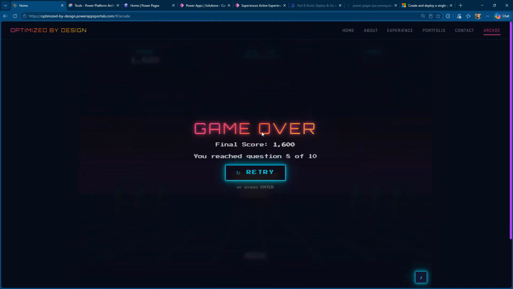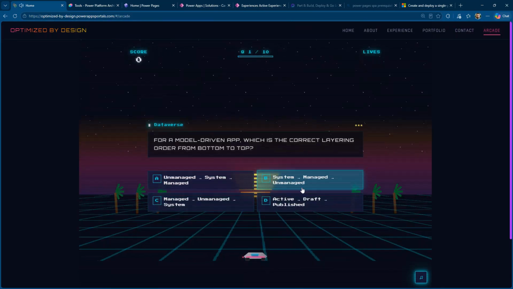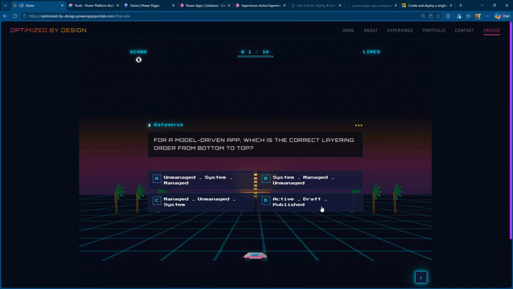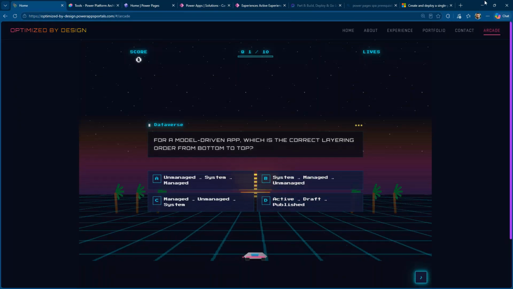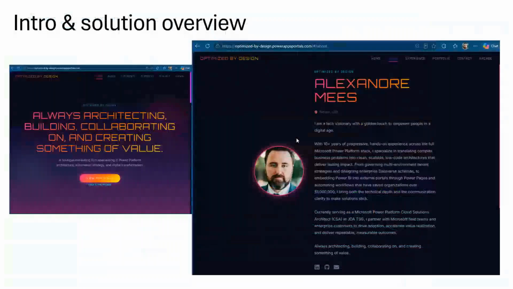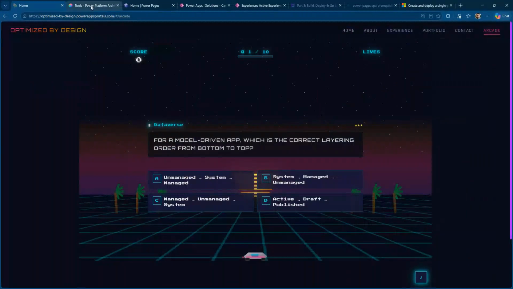So I got game over, actually. I've never seen that screen, but you can retry it and start from the beginning. But you would get a screen if you want to try it. You can see the game winning screen. So now, yeah, that doesn't cover the whole demo because I have to show you the